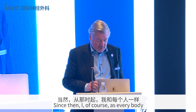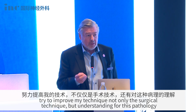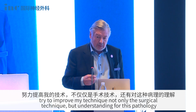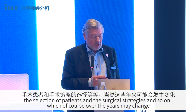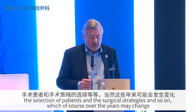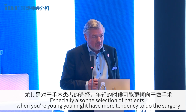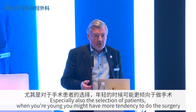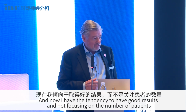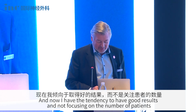of course, as everybody, I tried to improve my technique, but not only the surgical technique, but also the understanding for this pathology, the selection of patients, and the surgical strategies, and so on, which, of course, over the years may change, especially also the selection of patients. When you're young, you might have more tendency to do the surgery, and now I have the tendency to have good results and not focusing on the number of